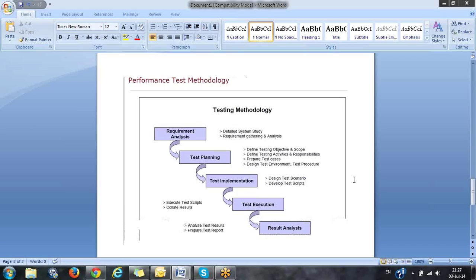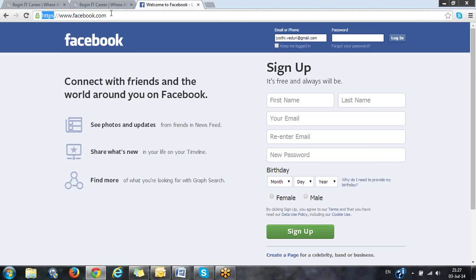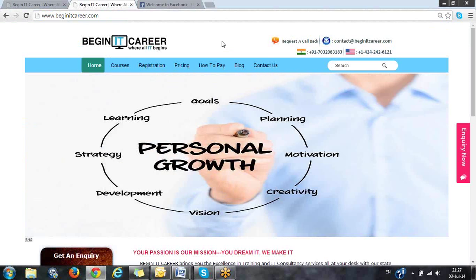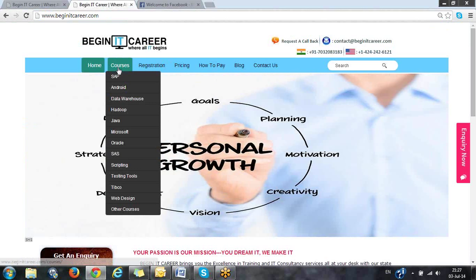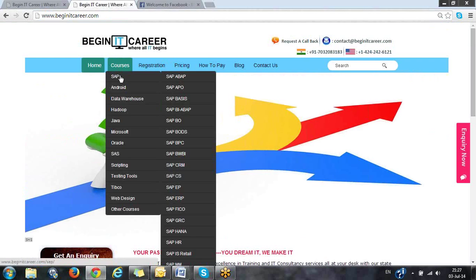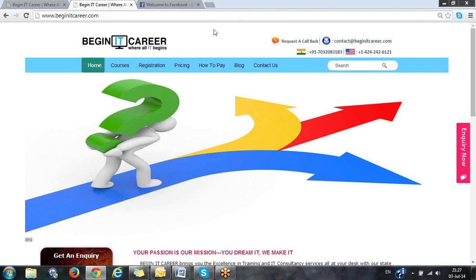Coming to the methodology, how does performance testing actually start, and what are the total phases of performance testing? In the performance testing methodology, the first phase is requirements gathering. What do you actually do in requirements gathering? You have to finalize some requirements. What is a requirement? A requirement is what is needed when the application is being developed. Let me show you with an example. Think that this is a site. When the application is being developed, the requirement is that it should have a complete courses tab, with different courses in it. That is the requirement.